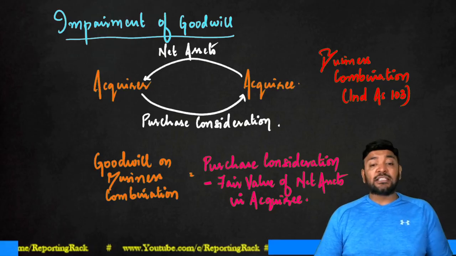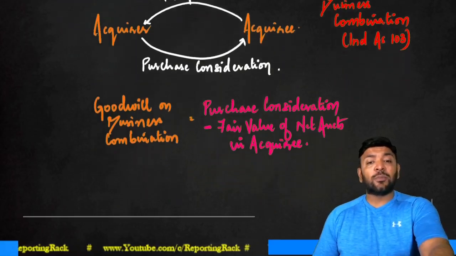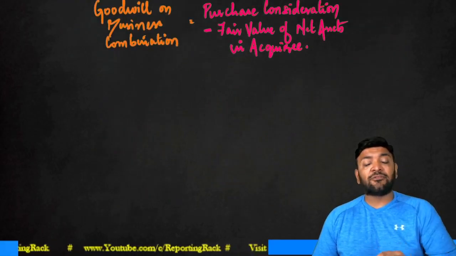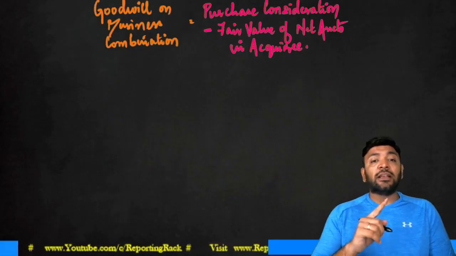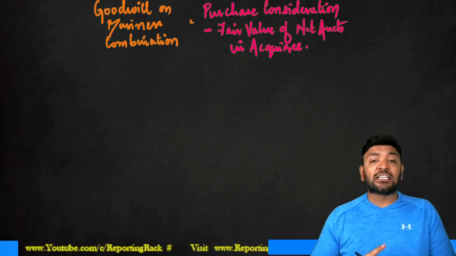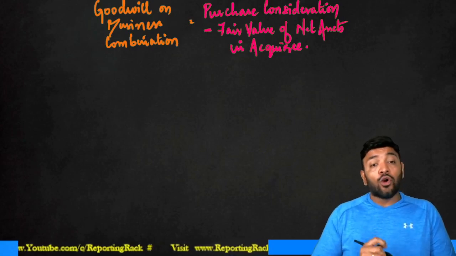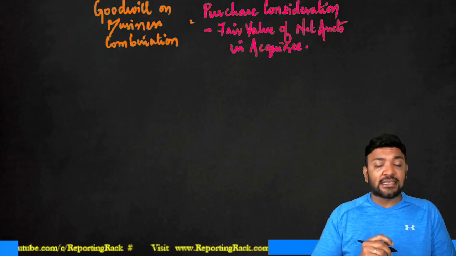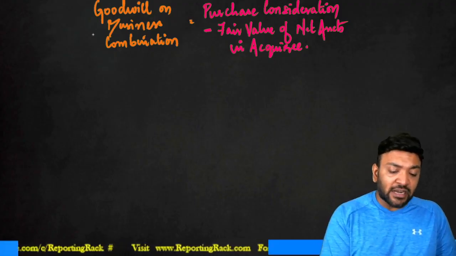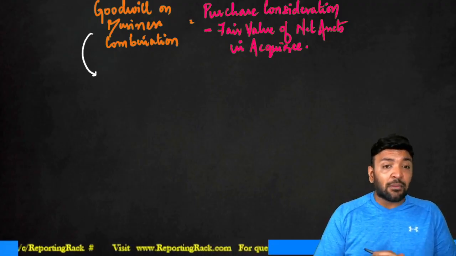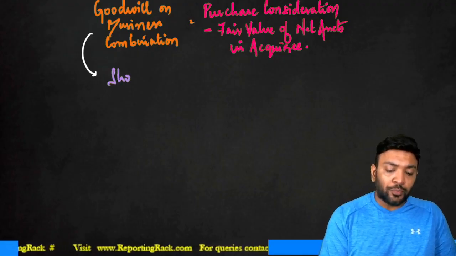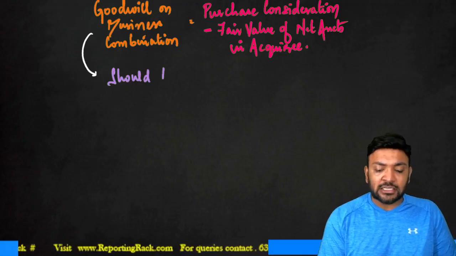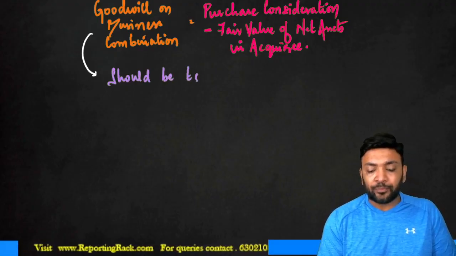The amount of purchase consideration reduced by the amount of fair value of net assets in the acquiree, the difference between both will be termed as goodwill on business combination as per Ind AS 103. What is its relevance as per Ind AS 36? The relevance as per Ind AS 36 is that this amount of goodwill which I got should be tested for impairment